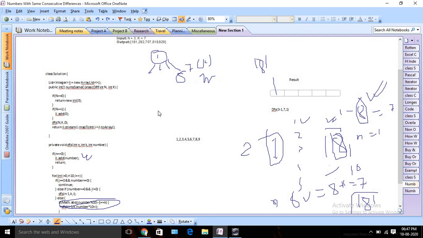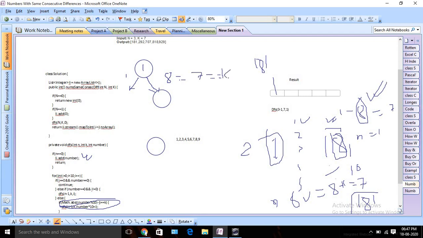Let me draw quickly. At first suppose I found 1, then again I will check all the combinations, 1 to 9, and suppose for 8 I can see my difference will become 7. So 8 minus 1 is 7, which equals k. So we can pick 8 and one number will look like this, 18.